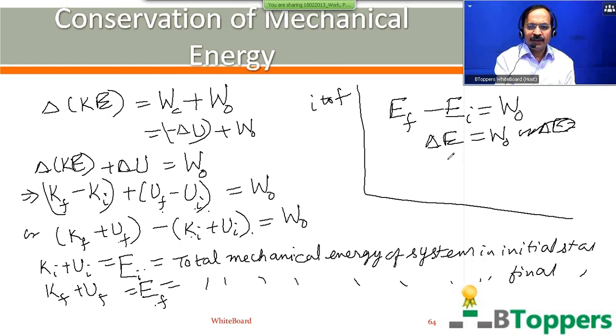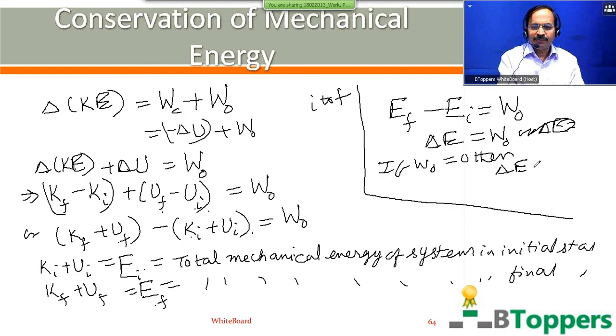While solving problems in conservation of mechanical energy, we come across two types of problems. In some of the problems, the body or system may move only under the action of conservative forces. In other problems, the body or system may move under the action of conservative forces and a single non-conservative force or frictional force may also act on the body. Suppose no work is done by other forces which are not conservative, then delta E will be 0. So I will continue my discussion in my next class.